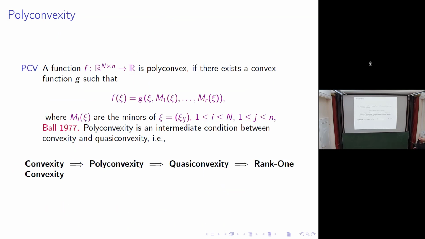And there is the 4th condition that we know also, which is the polyconvexity condition. A function is polyconvex if it is basically a convex function of the minors, and this C is a matrix. There is another little typo here: this m_i should have a different index, m_k. So these are not the same i. Of course we have a bunch of minors. If you have an m by n matrix, it has a bunch of minors. R is much larger. Then we know that polyconvexity is in between quasi-convexity and convexity. This is a consequence of the fact that determinants are null Lagrangians